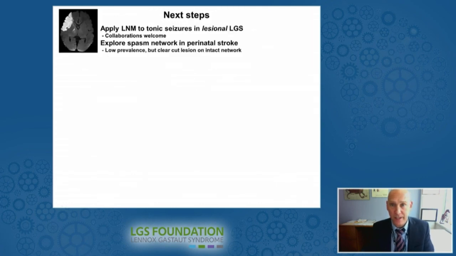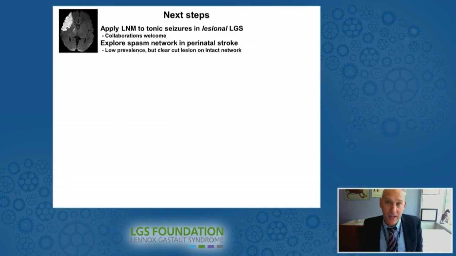So things that I would think for Lennox-Gastaut more specifically would be very interesting would be to apply lesion network mapping to tonic seizures or to GPFA in lesional Lennox-Gastaut. So I would love to have access to Dr. Archer's lesional LGS cases and explore spasms, for example, in perinatal strokes,